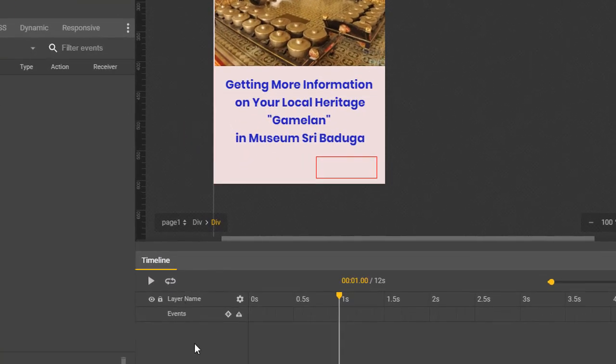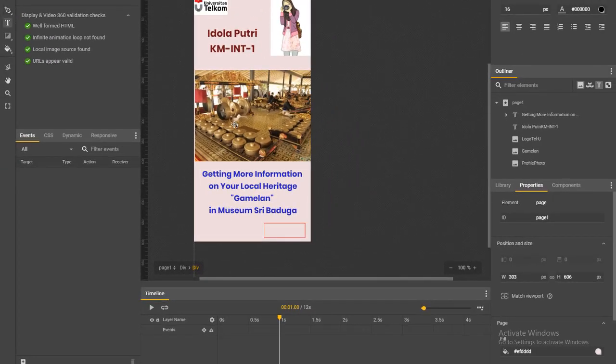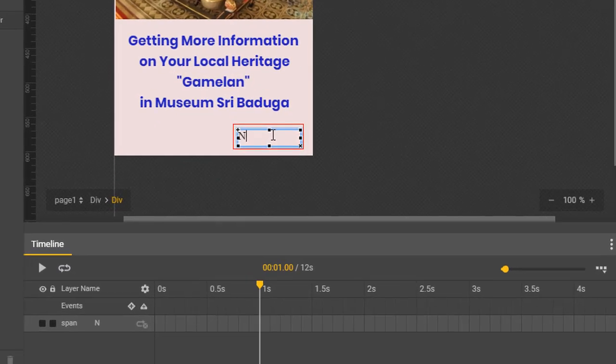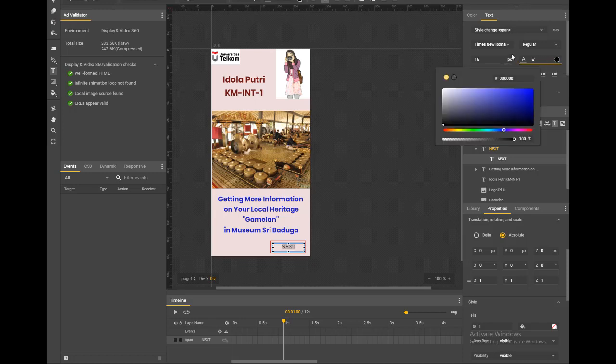So you click your selection tool, and then double click it, and a different timeline of your layer will appear. This one is the timeline inside the box. So you put the text inside the box. I'll simply put the text "Next" on the box and treat it like the previous text.